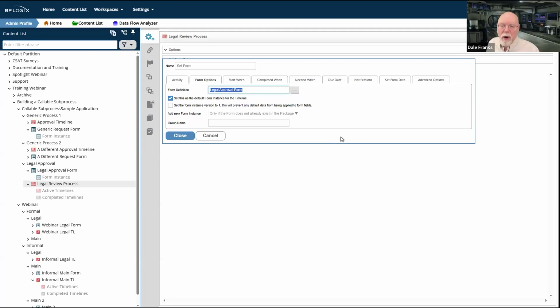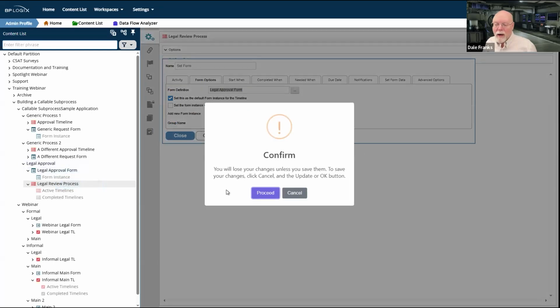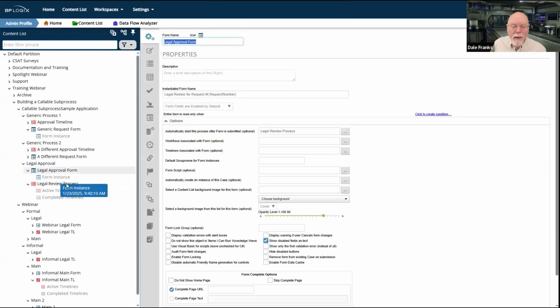It is the same process whether it gets started de novo by submitting the legal review form, or if you are asking for legal approval for marketing or personnel actions or anything else that you need legal approval on. They see the same thing.